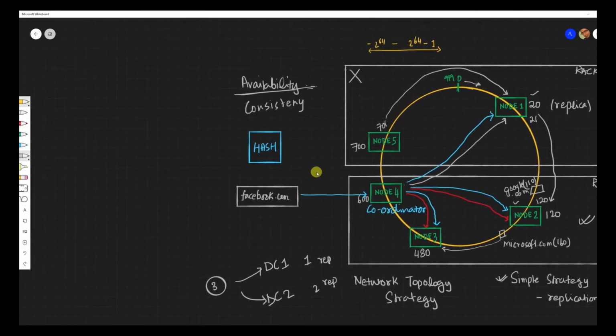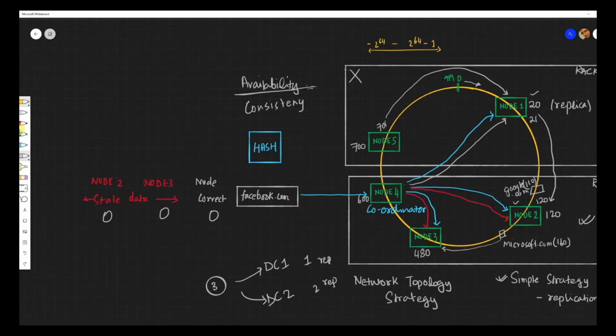But moments later, this data center was up and everything is fine now. But basically the damage has been done. So my node 2 and node 3 are having stale data, and my node 1 from the other data center has the correct data. So now when I do an operation to get the record, I will query from each one of these. So I will receive an object from each one of them, right?